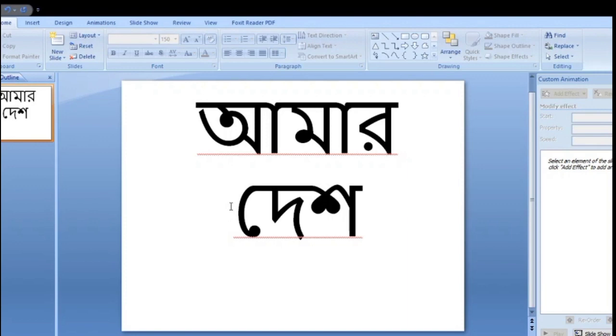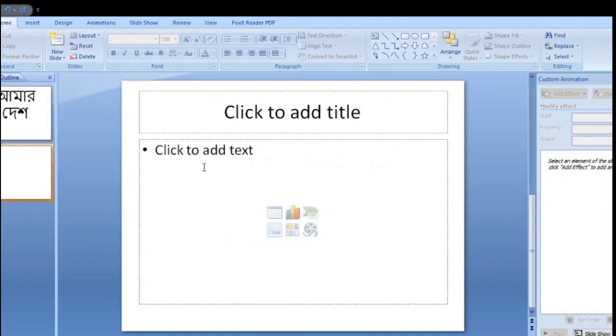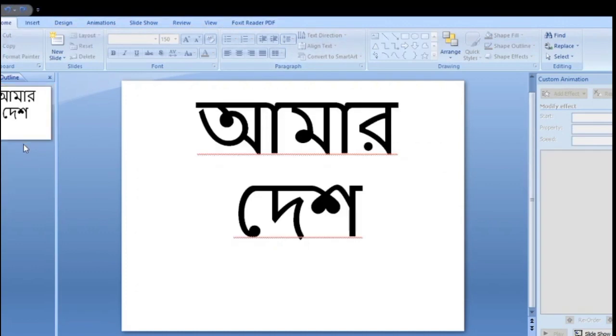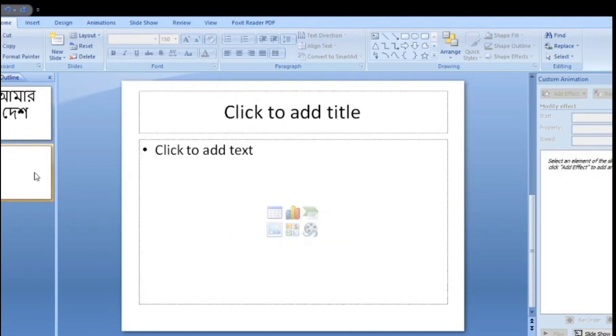Adding a new slide. From the home menu, click New Slide. Add a slide. Another way: I will show this task again. Click here with the mouse right button and a new slide appears.